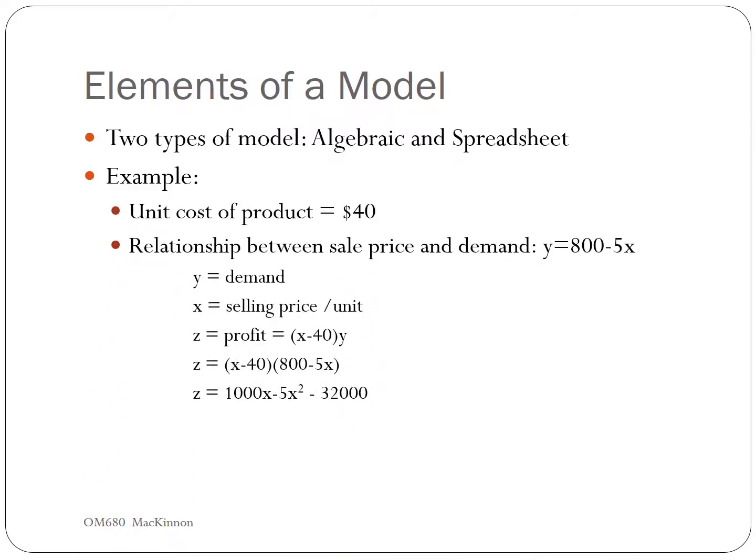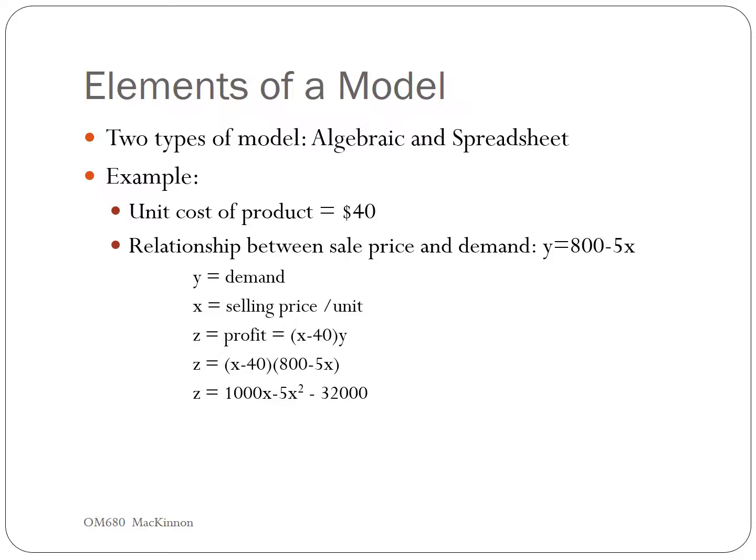Okay, so let's take a look at an example. This is a typical demand example. Suppose the cost of a particular product is $40. That's what it costs us to produce it. And we know the relationship, based on perhaps historical data, between the sale price and demand is y equals 800 minus 5x, a simple algebraic expression